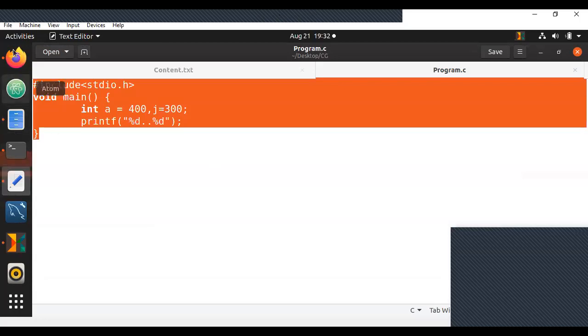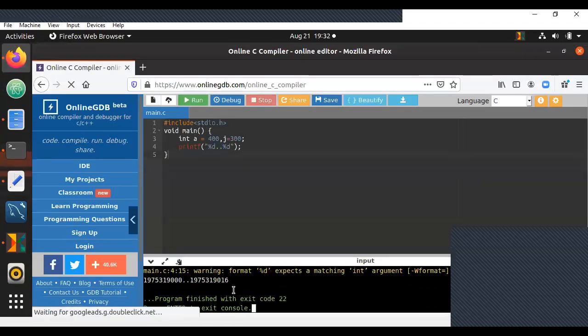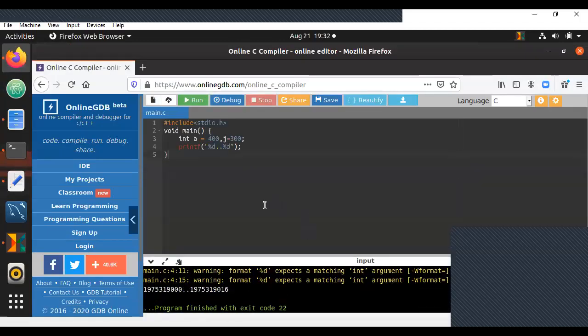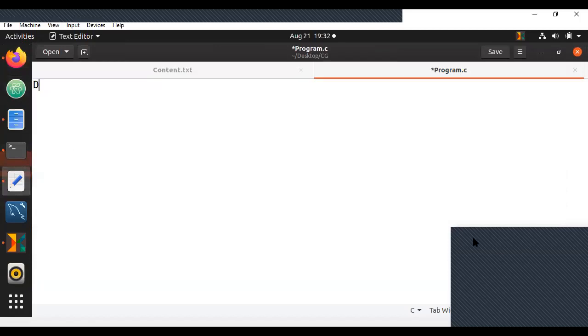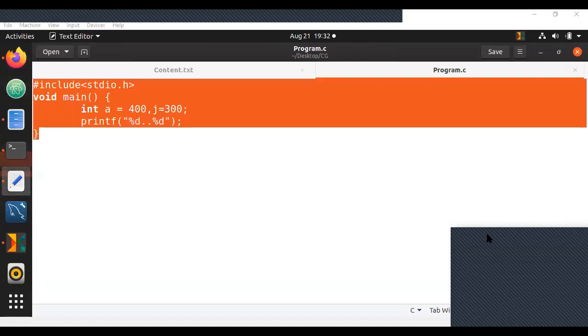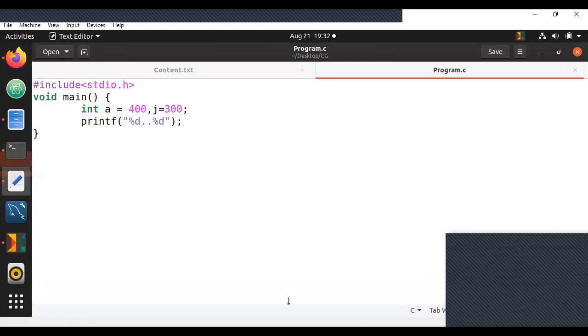Let me take this back again to your GDB compiler and run it over here. It's printing the same. Okay, so I guess I need to execute this only in Turbo C. So there are a few programs which want to execute only in Turbo C. Since I wanted to give this as an assignment anyway, let me share this over here. I want you to try this as an assignment in Turbo C. Observe the output and figure out why the output is what you have observed.